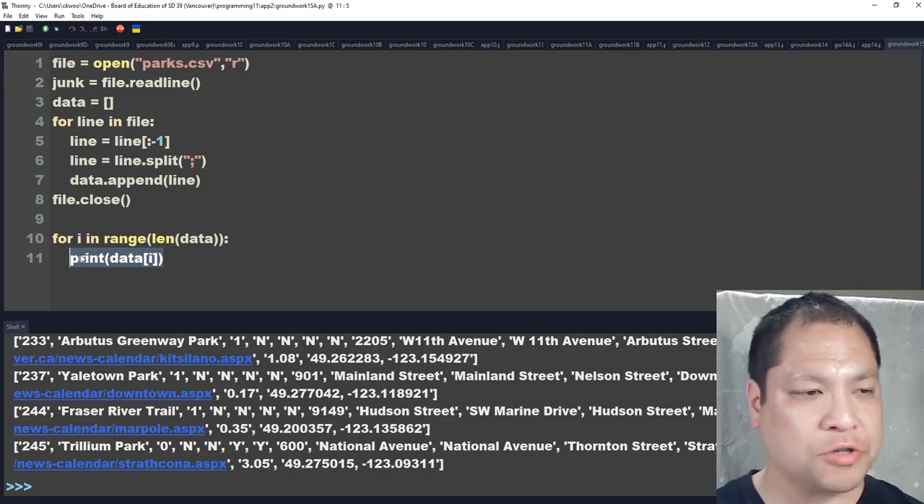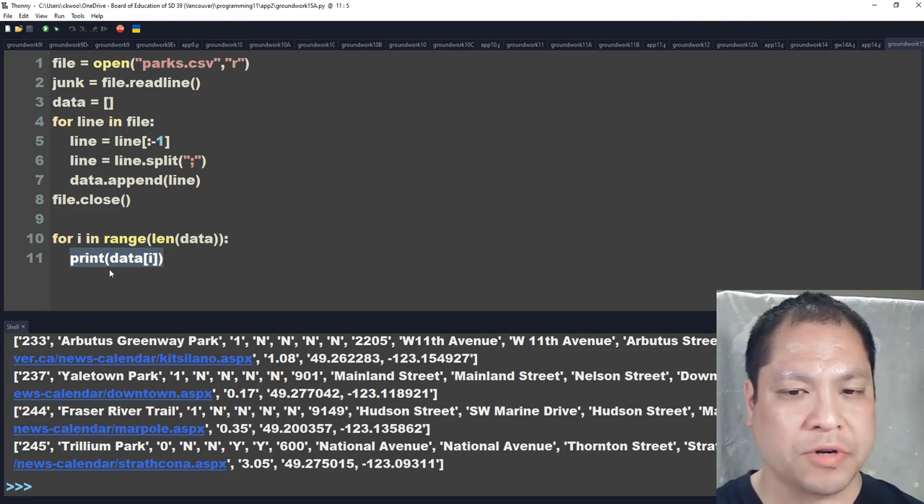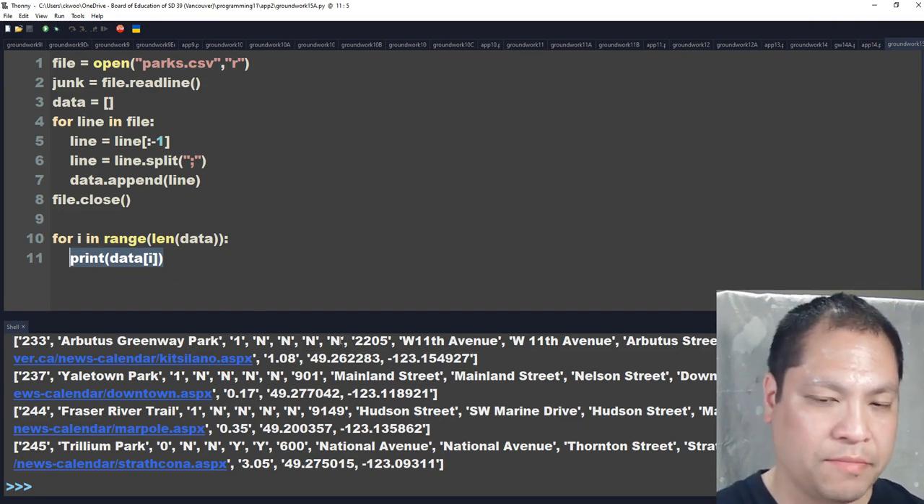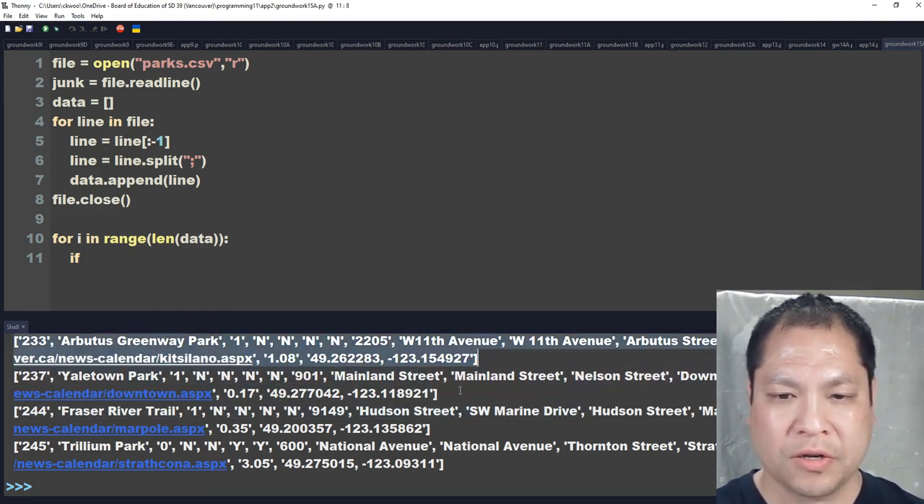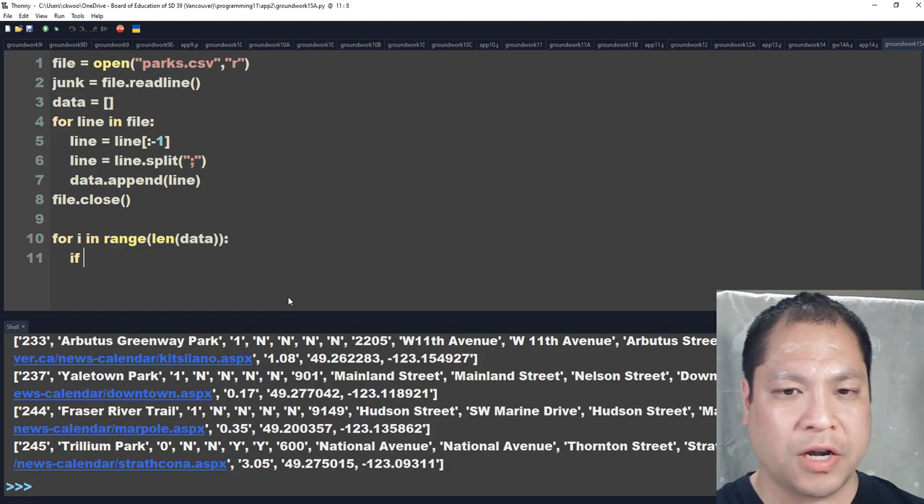Okay, now we're going to get down to the actual analysis of it. And so what can I do here? Well, I can do lots of things, right? This is a for loop that's looping through each line one by one. So I could, for example, look for number 244. So how would I do that? I would say if